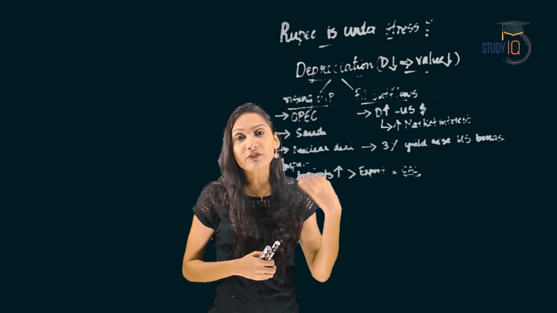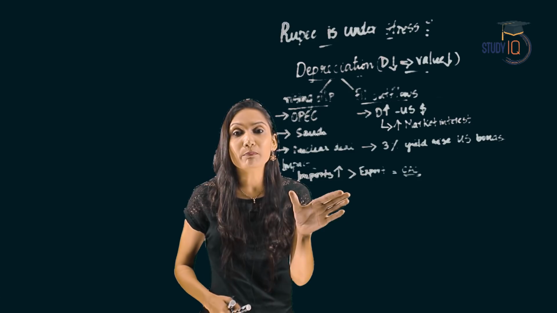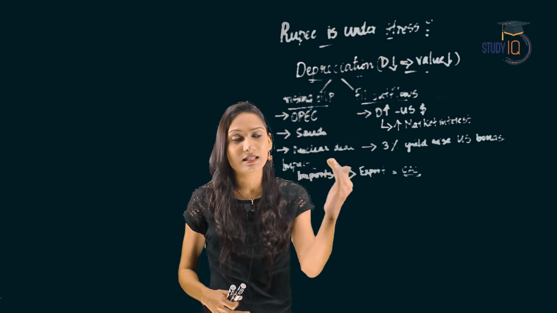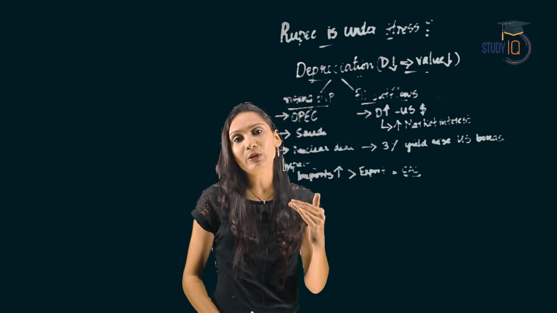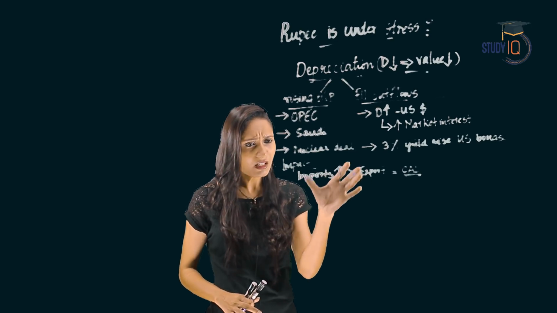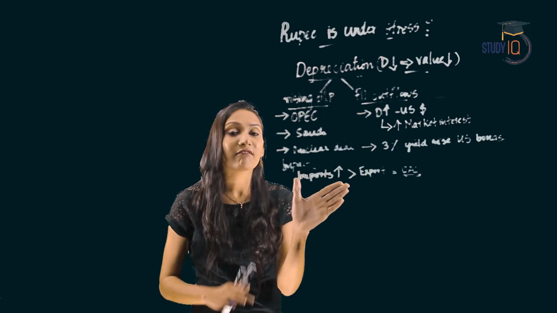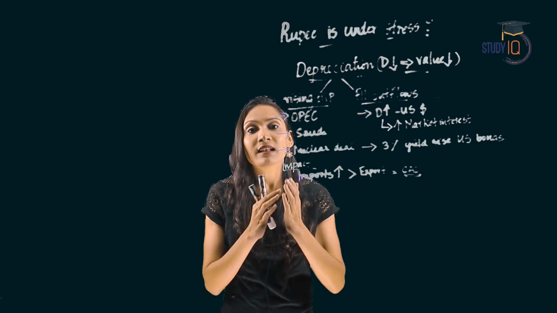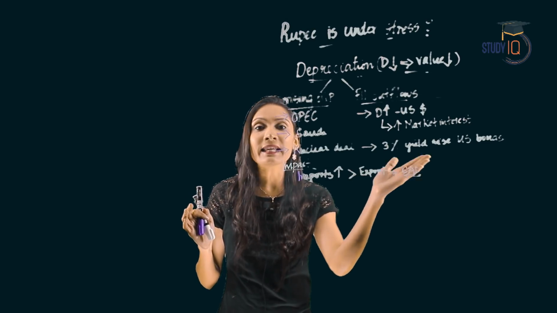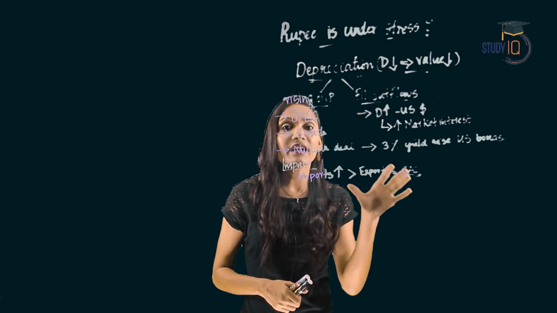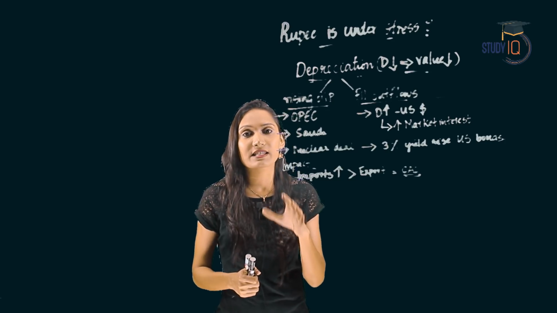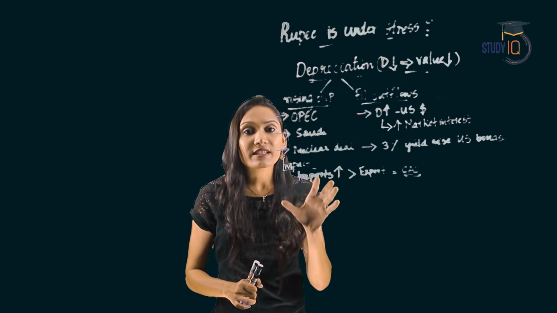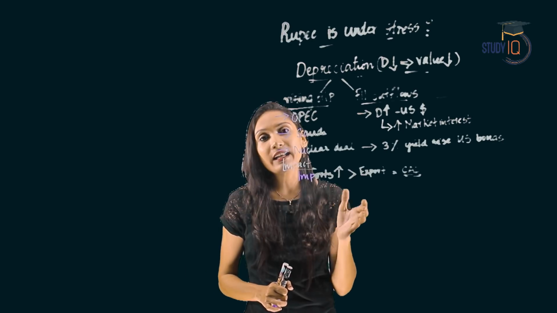And when the prices of the oil increases, the import bill also increases, which means that the imports also increase, or the payment for the imports also increases. So, what will happen? This will widen the current account deficit. This current account deficit will widen, or this will increase. This increasing current account deficit, we call this trade deficit. Why? Because these are visible items. So, we call it trade deficit also.